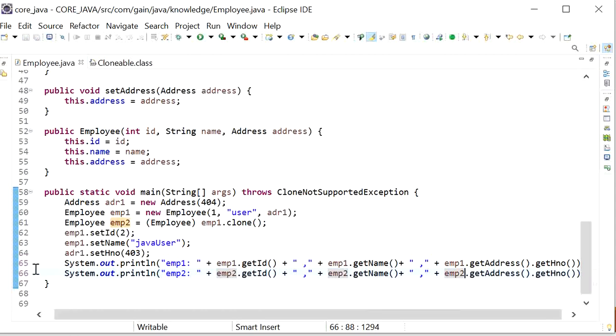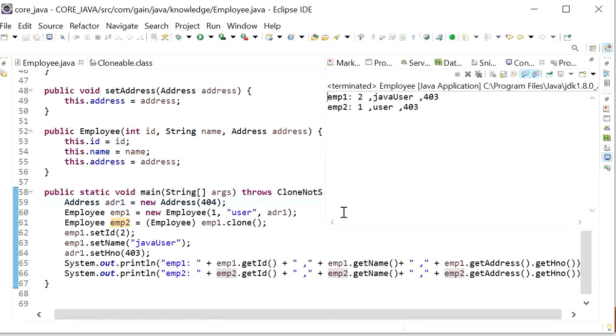And now we have done this modification, so it will also affect the cloned object. Now I will run this class, and here we can see the output.